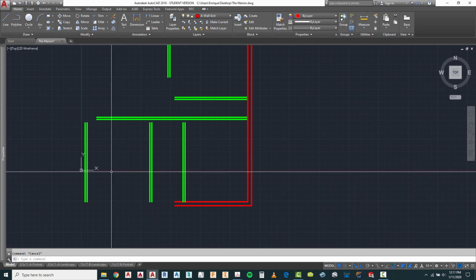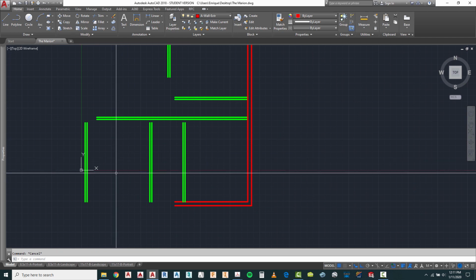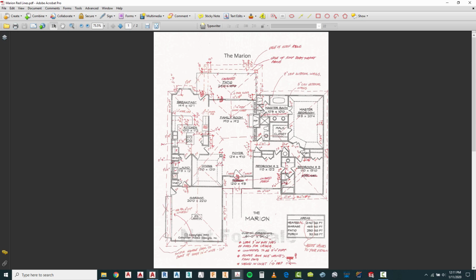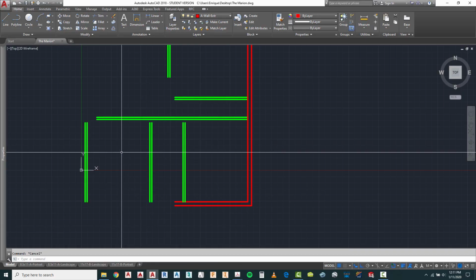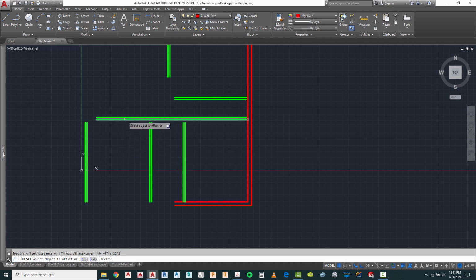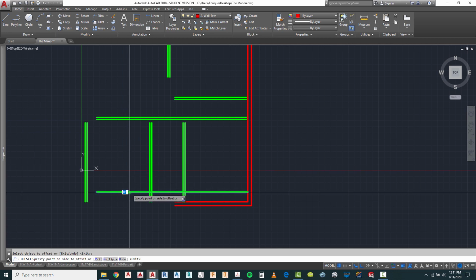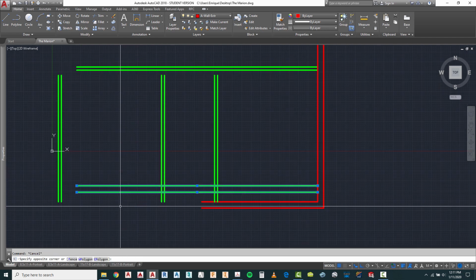and I can offset this one, the distance of that room, which if you go back and take a look at is 12 foot 2 inches. So I'm going to use the offset command again, set up 12 foot 2, enter, and click this down. Offset, that is now an exterior wall, offset it to 8 inches and change its layer